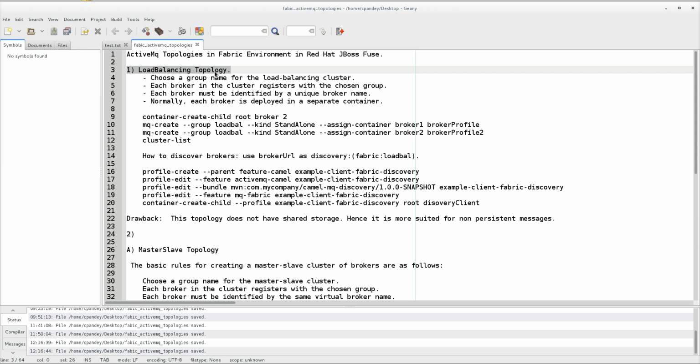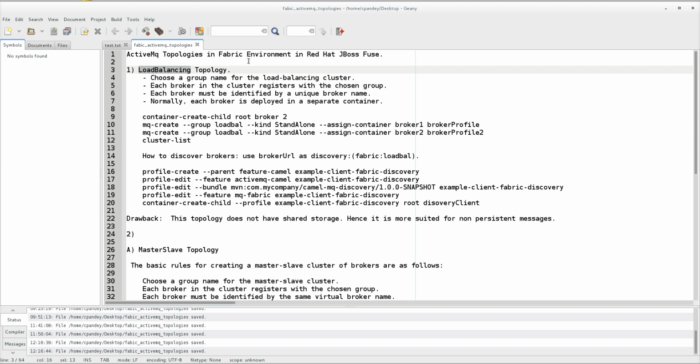It mostly does not have a shared KahaDB, shared persistent storage. So it is mostly used for non-persistent messages. And load balancing topology means load will be equally distributed between the different brokers.